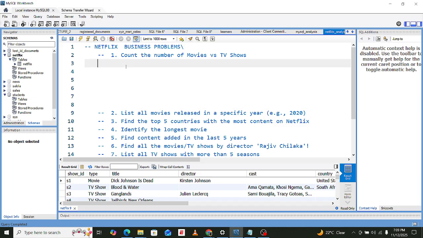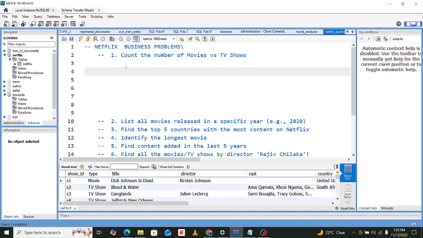And how do we approach this? It's quite easy, because we can use the group by clause, so that we use the count and the group by clause to solve this kind of question.